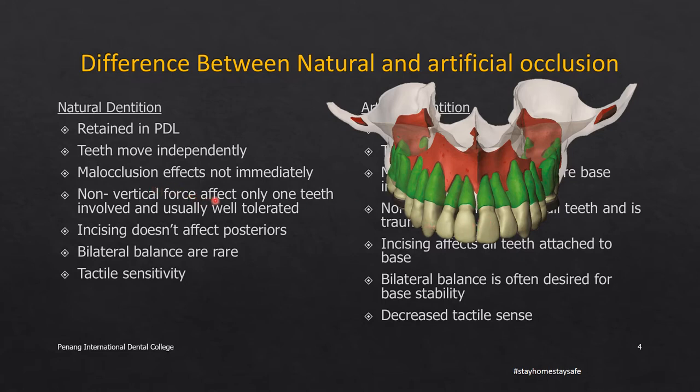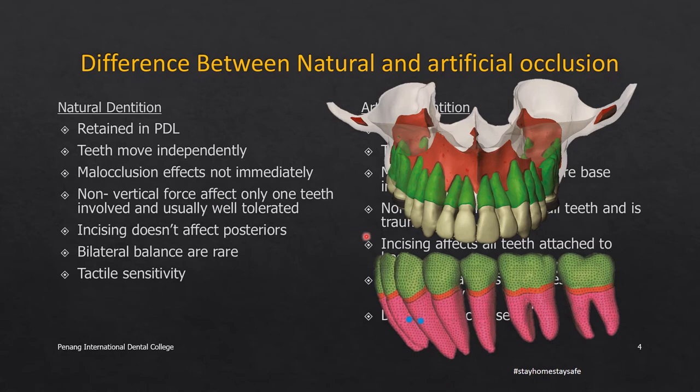Non-vertical forces such as lateral forces in the mesodistal or buccolingual direction, they are usually tolerated well and they are tolerated by the teeth in question. They do not affect all the other teeth in the arch. Bilateral balance occlusions are rare in the natural dentition since it is not a natural thing and it is a man-made